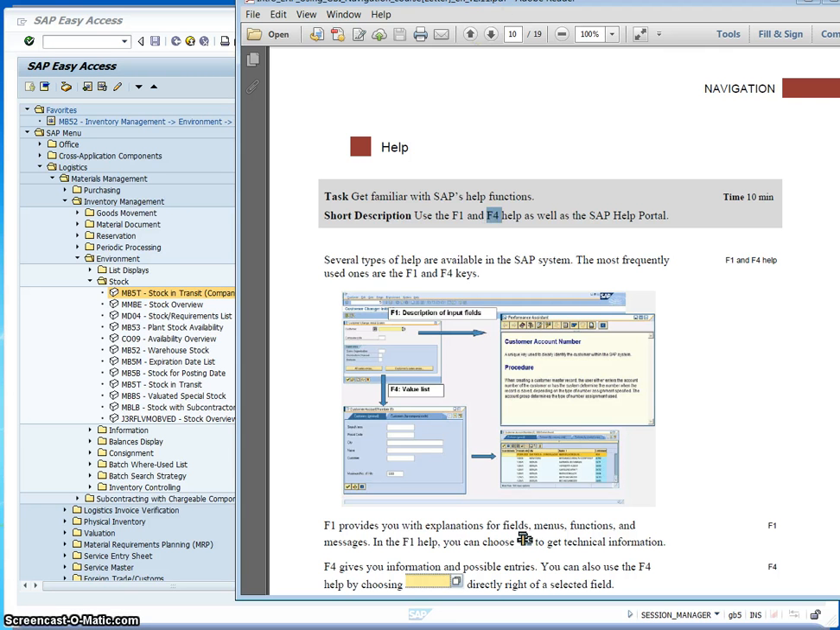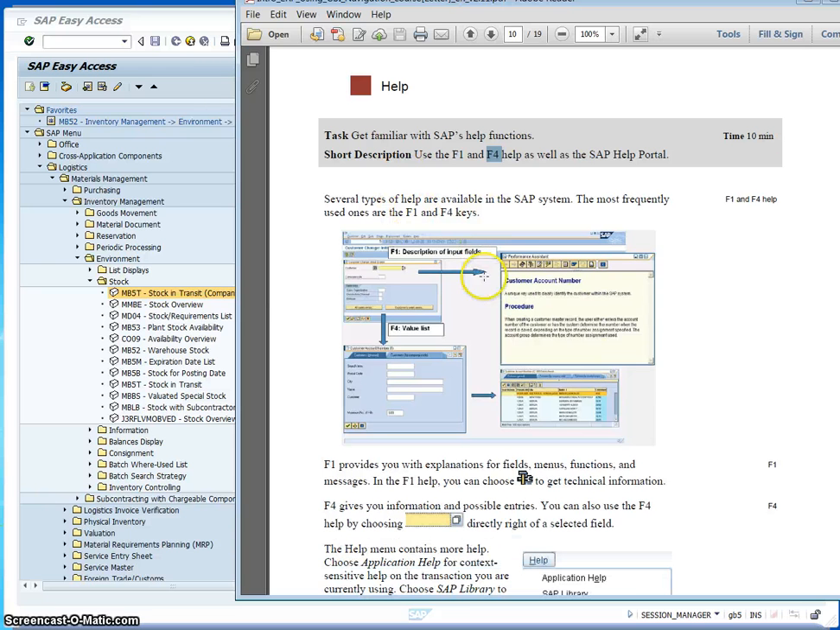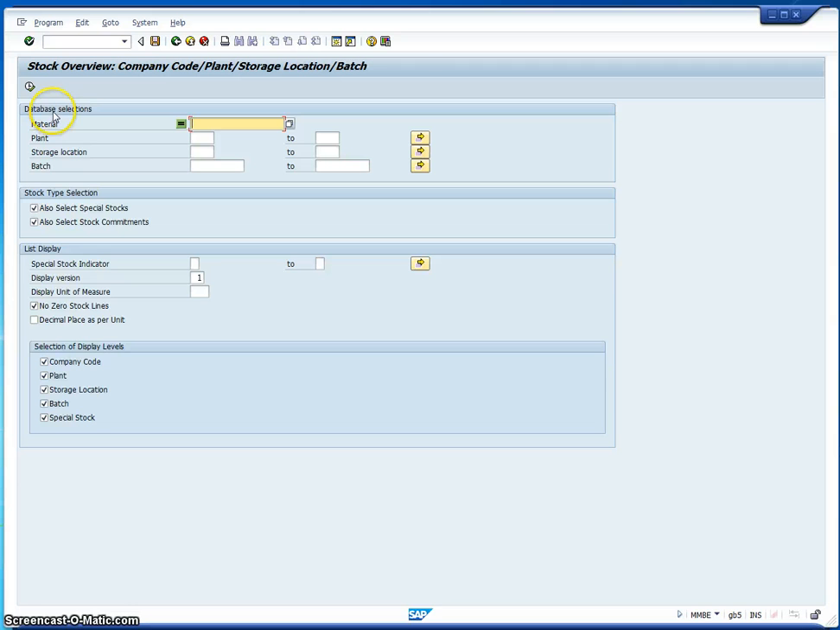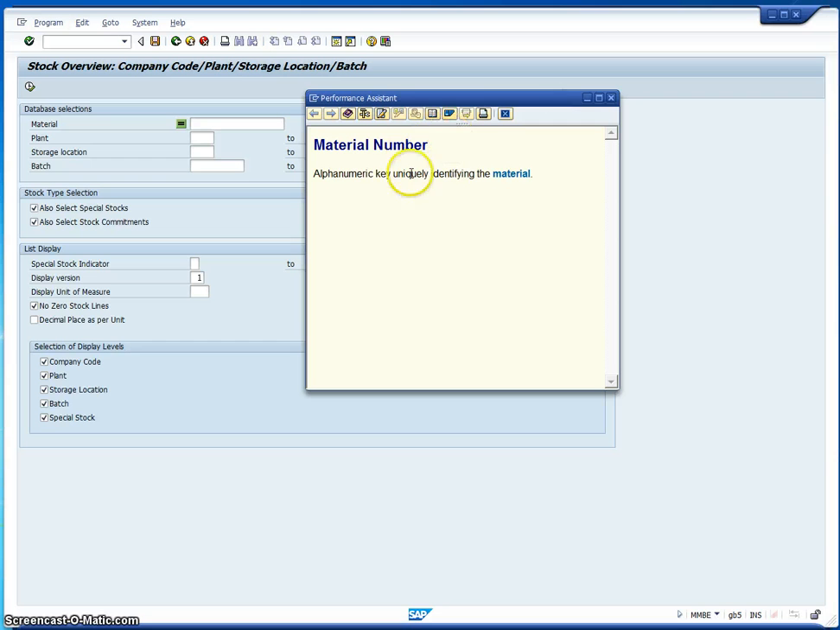for different help. For F1, it gives you a definition of something on this page. For example, if we go to the stock overview over here, let's say the material. So what does material mean over here? If you click on the material and either press F1 on your keyboard or click this question mark icon on your standard toolbar, a separate window pops up